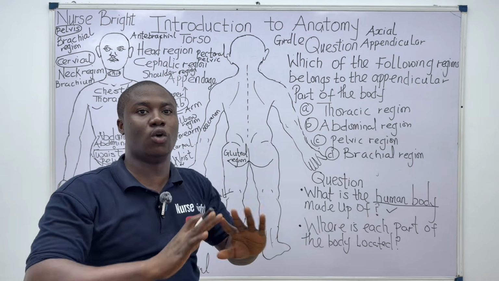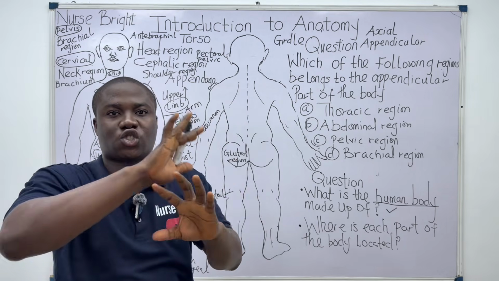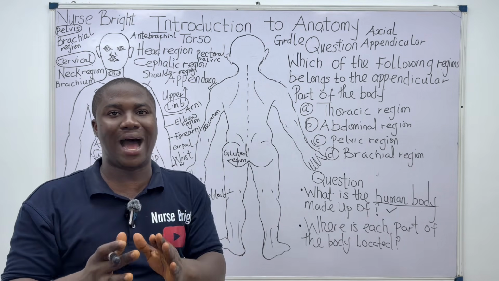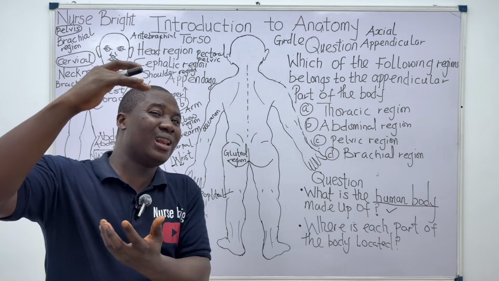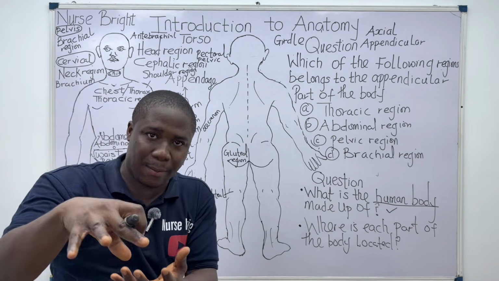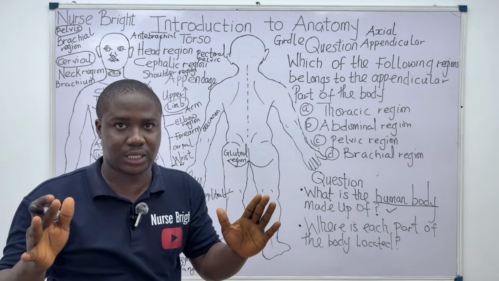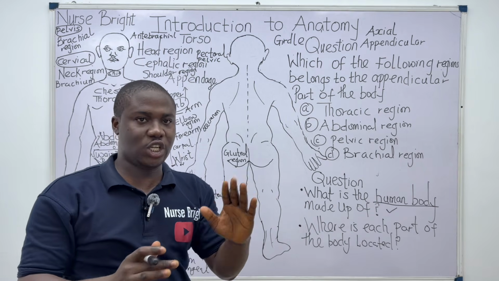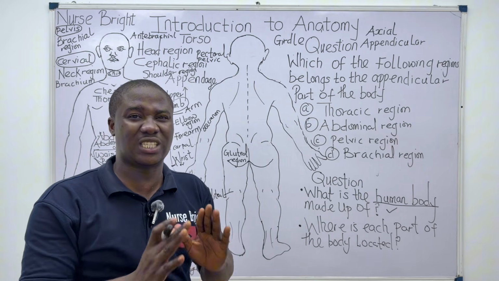So let us move into the other aspects. With all these, we've been able to cover the regions of the human body. In more lessons, we are going to talk about them in depth. All these are just surfaces. So let us proceed to talk about something very essential in the course of this class lesson.